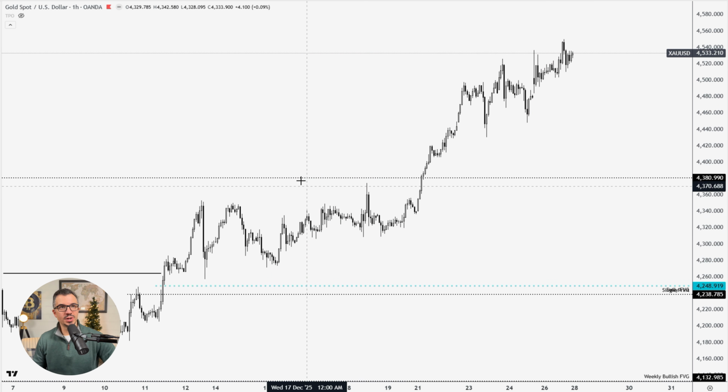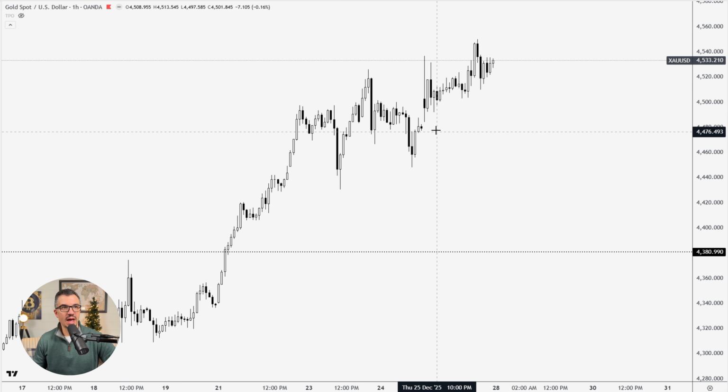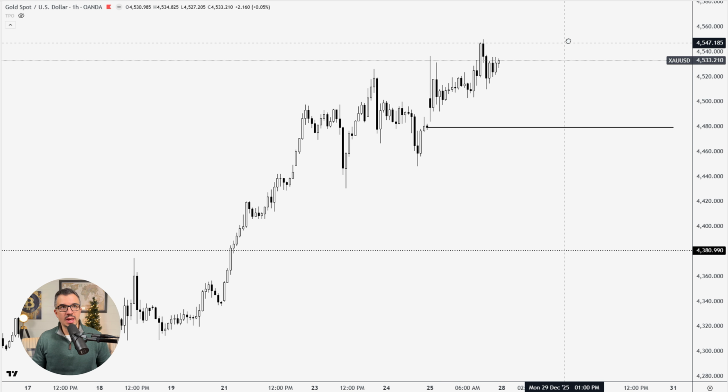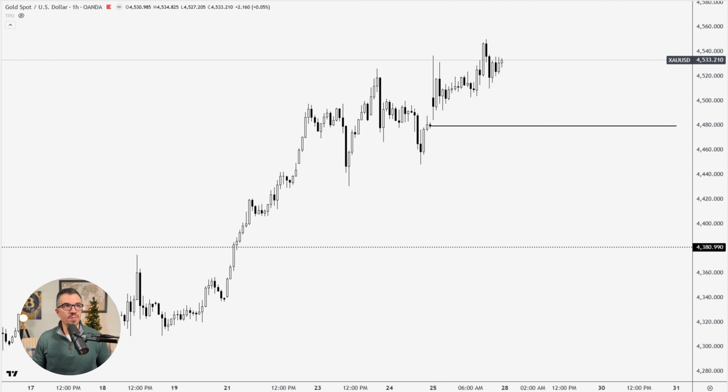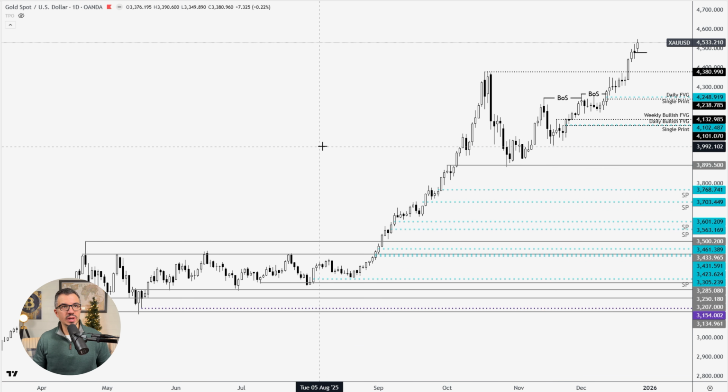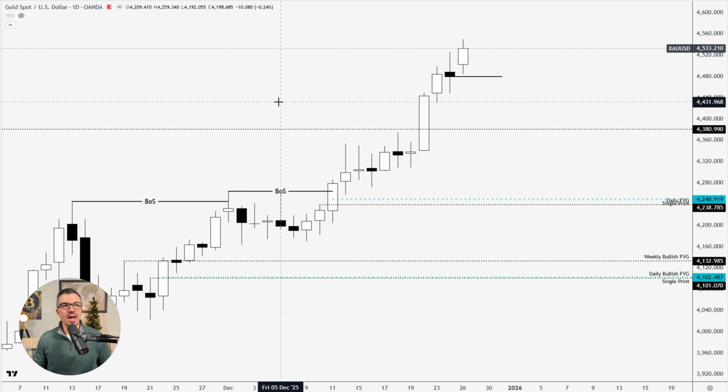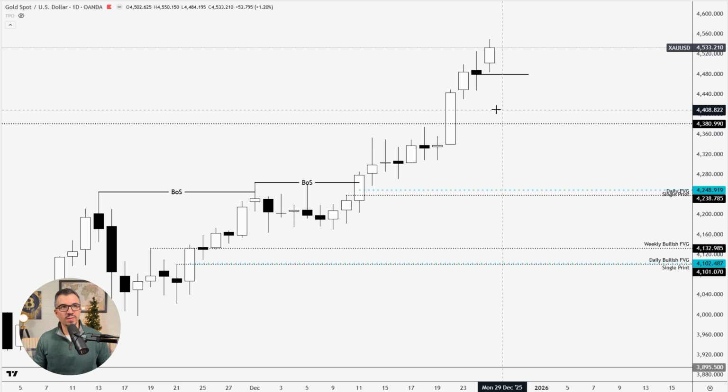But one thing I would watch for next week is that we do have this gap right back here. If you'll notice that off of this close, and this was obviously going into Christmas, so liquidity lightened up through here. And then if we look at this on the daily, you can see how it lines up here. Okay, so I think that for next week, if you're looking for buys,